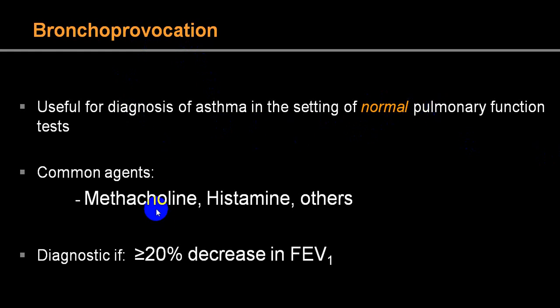You can utilize methacholine or histamine. By and large, histamine is avoided. And when you perform with methacholine, ideally it should be done by an expert. And if there is a fall, or we call it a decrease, in FEV1 by more than 20%, it is in favor of a positive test, or we call the bronchoprovocation test positive. It suggests bronchial asthma.